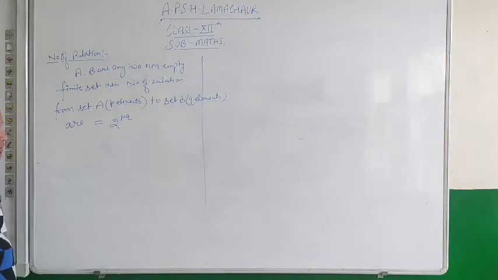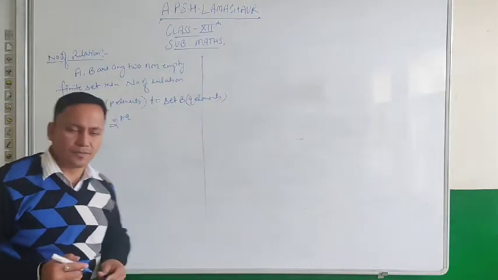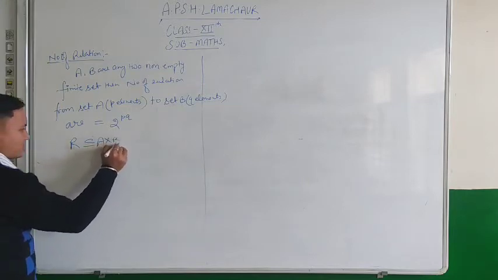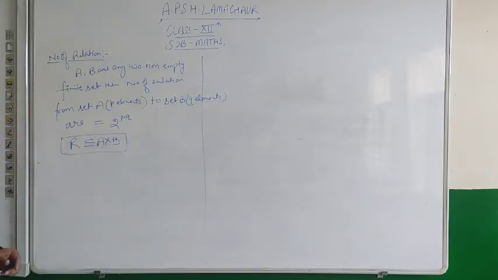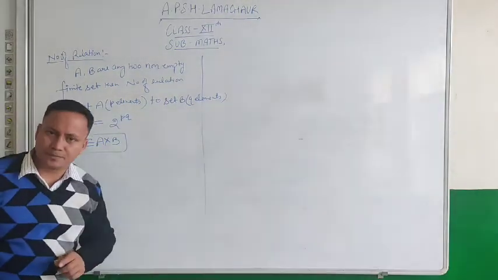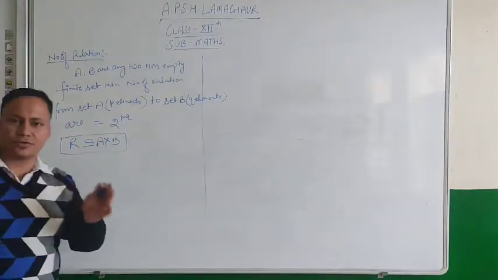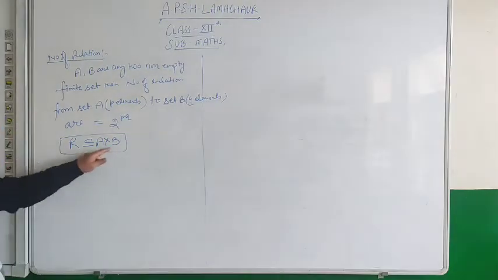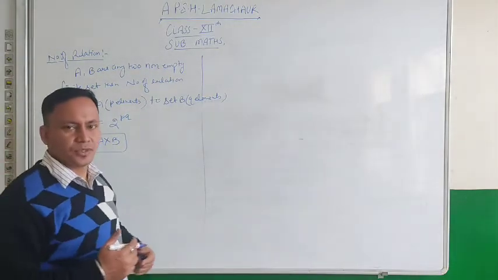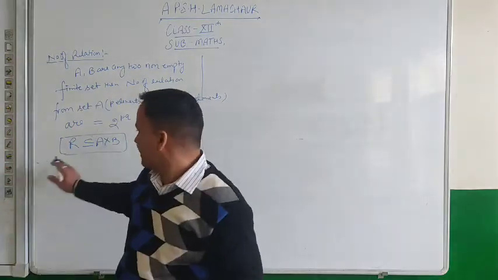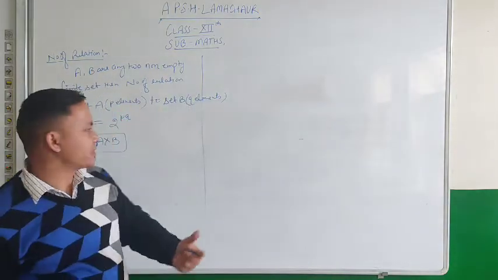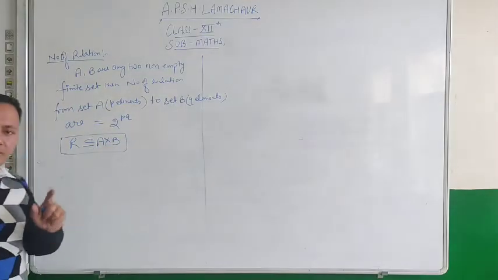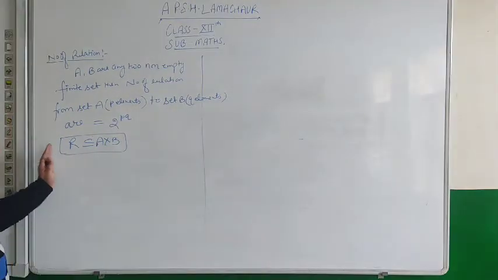Now I am telling you from where the formula is concerned. So dear student, as you know, what is relation? Relation is subset of Cartesian product A cross B. If we are defining the relation between the set A and set B, ठीक है, अगर हम set A और B के बीच में relation को define कर रहे हैं, तो what is relation? Relation is nothing but the subset of the Cartesian product A cross B. Now I am telling you the number of relation over there. If we have given any two non-empty finite set A and B, where set A having P element, set B having Q element, then how many number of relation are there?